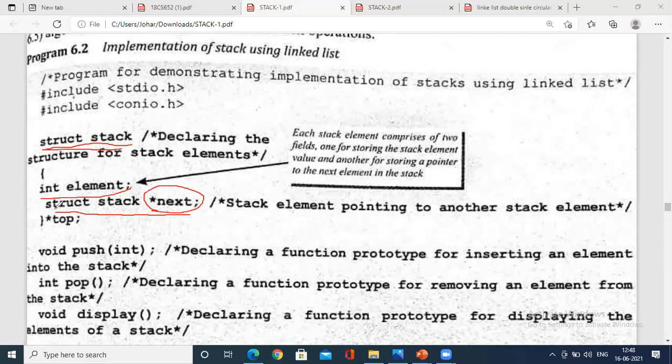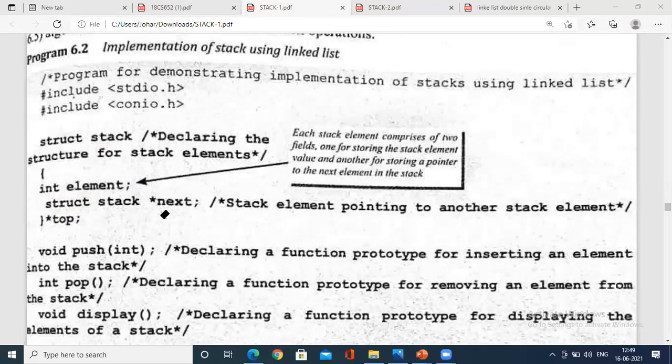It is one way of declaration saying that struct stack could be represented by an overall name called star top. It is a pointer to a variable. Try to understand, this is a major concept: struct stack includes the elements, int element, and struct stack next, a pointer to a variable.